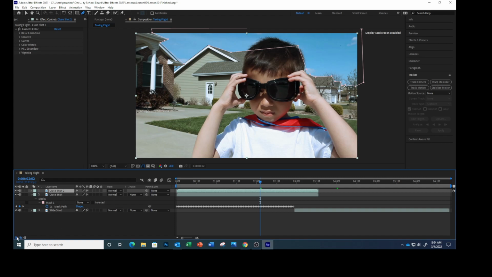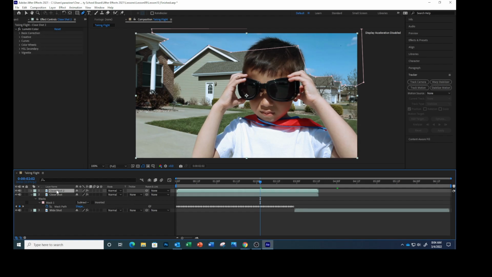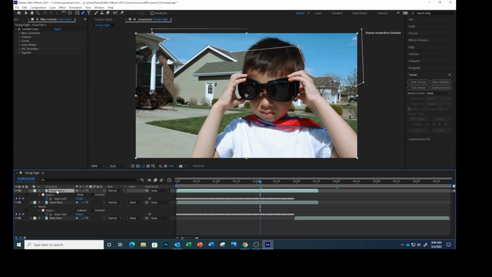Select the Close Shot layer and choose Subtract from its mask mode. It's right here where it says None. We're going to click Subtract. Select the Close Shot 2 layer. Press M to display its mask properties. Choose Add from its